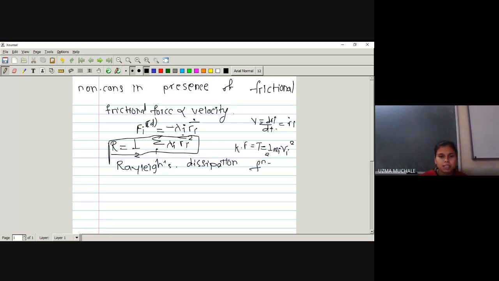Okay, so Rayleigh introduced this with the help of a frictional force. If a frictional force is there, this kind of function we are going to have. It is very similar to kinetic energy. Why have we written dissipation? Because we have a dissipative force. Dissipative force means what? The force which tries to destroy the motion. And with the help of that, this function has been introduced. Okay.